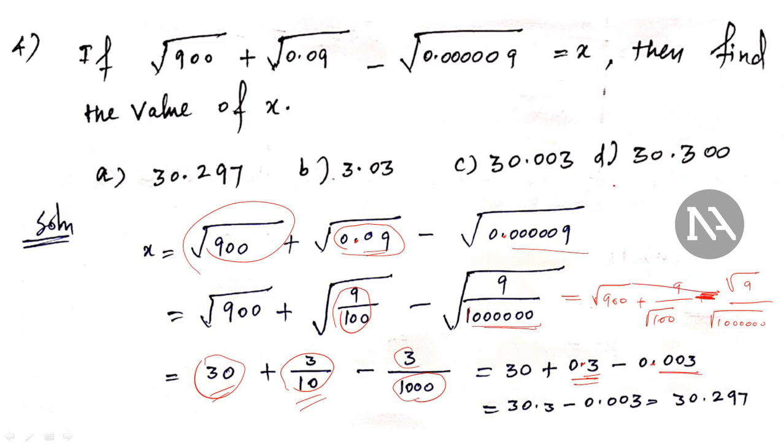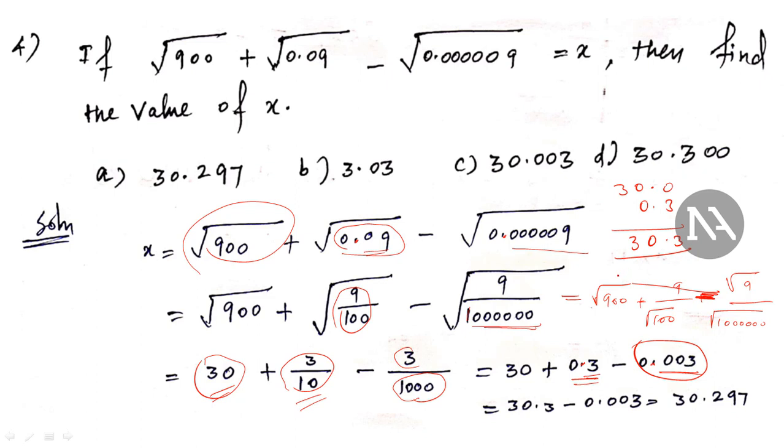Here first I will add 30 with 0.3, so it is 30.3. Now I have to subtract 0.003 from